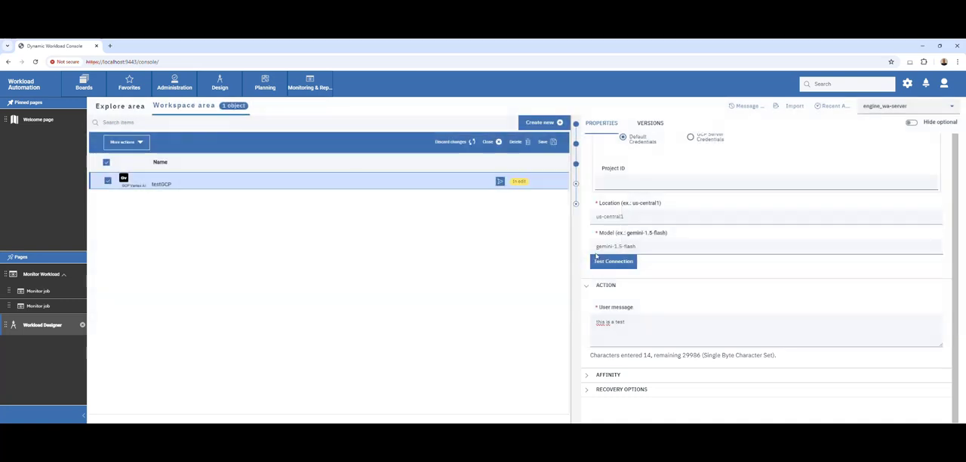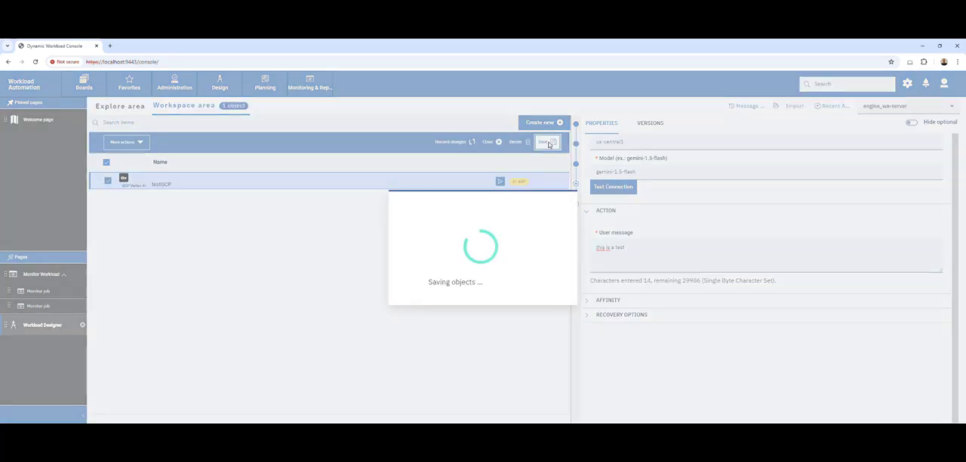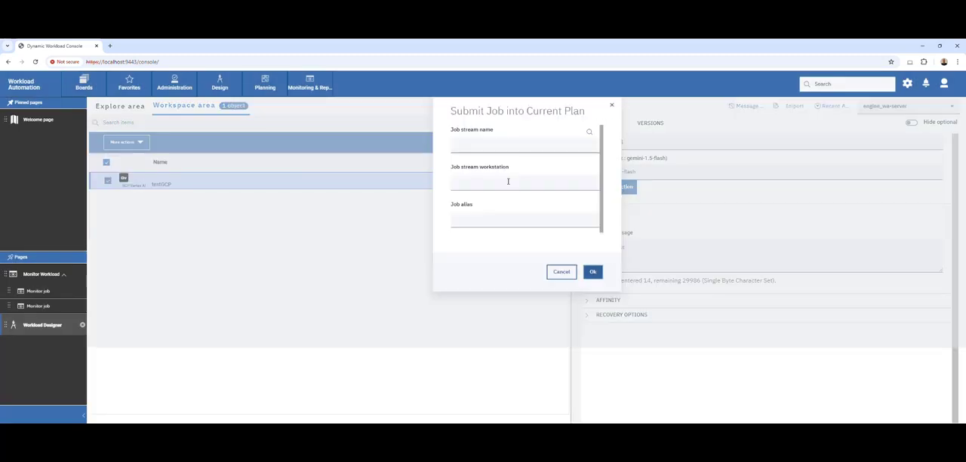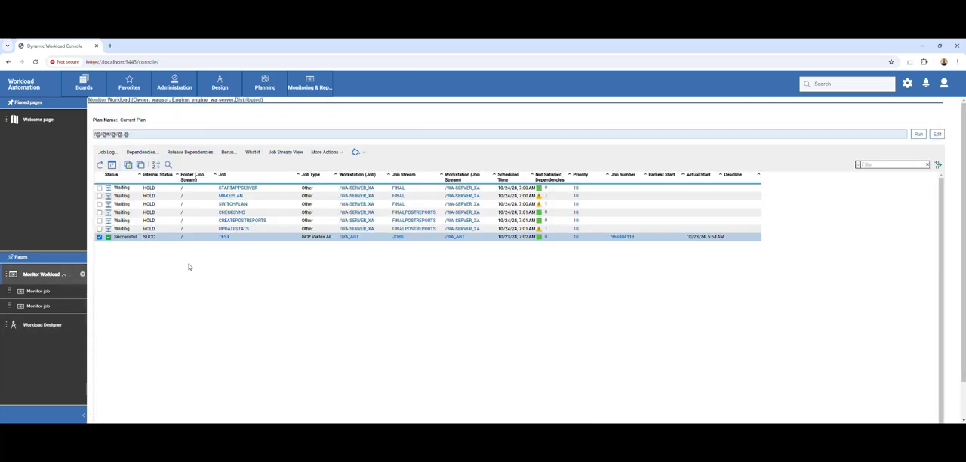Okay. After that, we have to insert the user message, and after we complete all the fields, we can save it and run the job. We can see the response in the monitoring page, and if the job goes into successful status, we can see the job log,